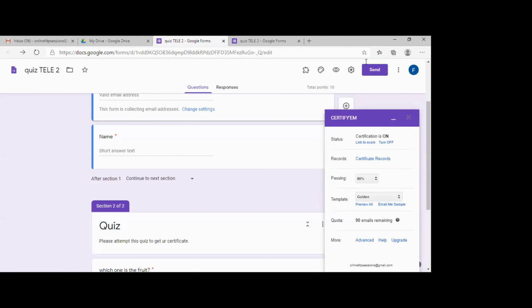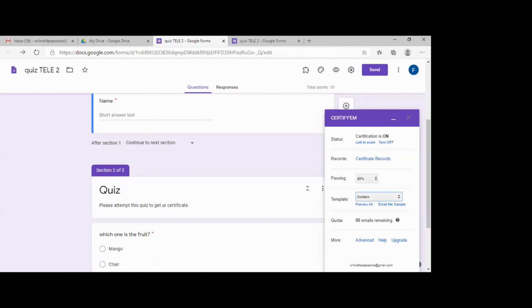We have a number of templates available. See, these are the templates already built into Certify M. You can choose any of them, or you can use your custom templates. I'm going to use the template which I have created.